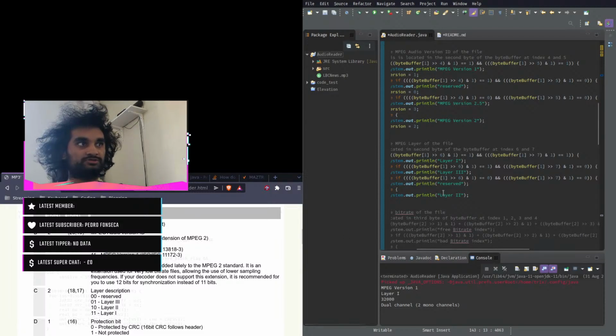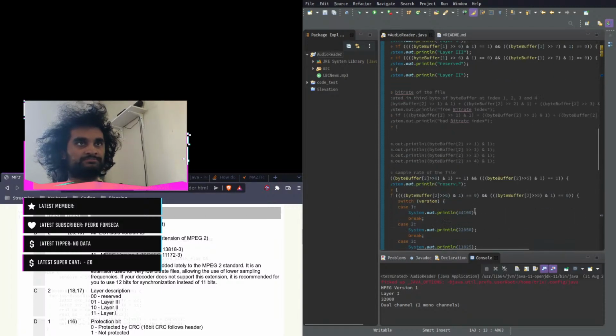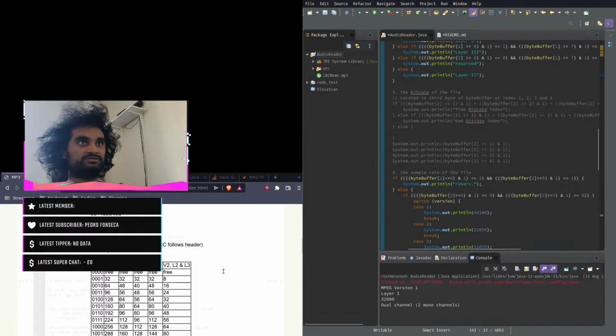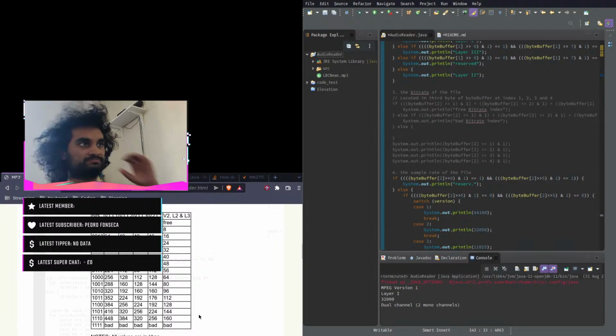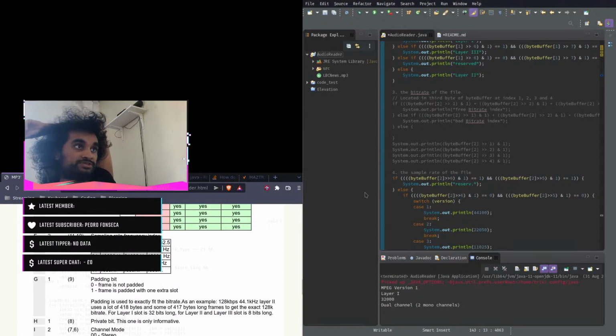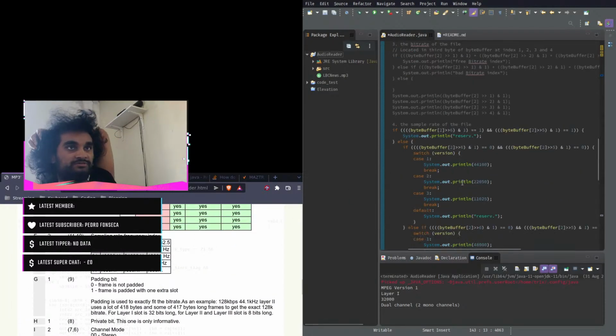And then 1 0 should be layer 2. 0 1, yeah, 0 1 is layer 3. Then we come down a bit, haven't done that bit yet. 1 1 on the sample rate is bad. That's bit rate, not sample rate. 1 1 on this is reserved, right? Then we have 0 0